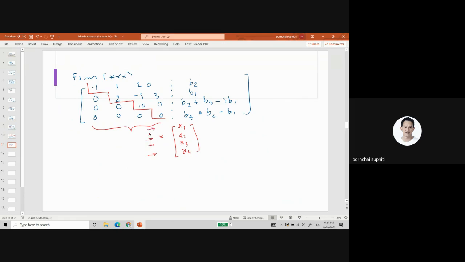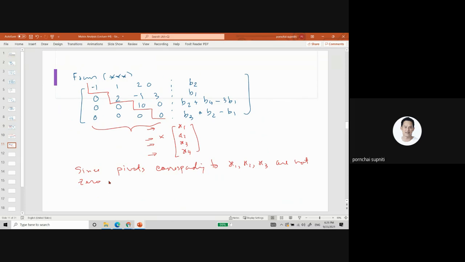From x4 all the way to x1. Something you can notice is that since the pivots of the 3 lines are not 0, meaning that the pivots corresponding to x1, x2, and x3 are not 0,